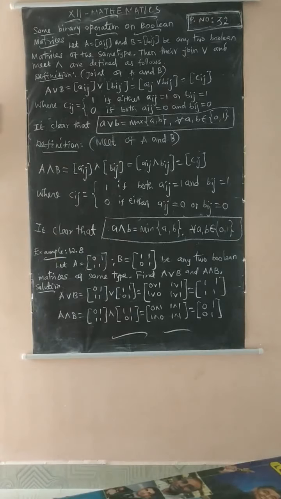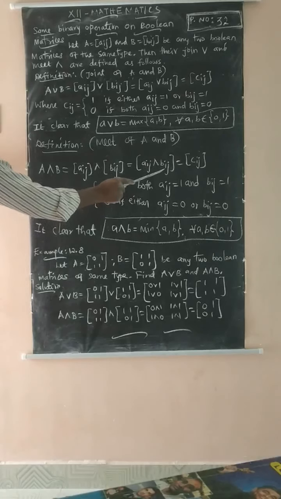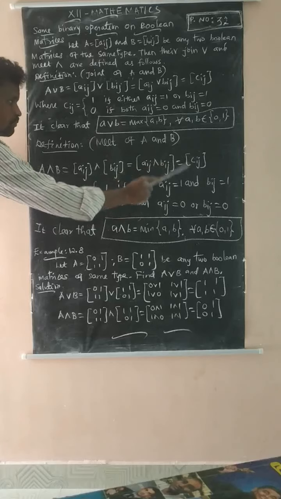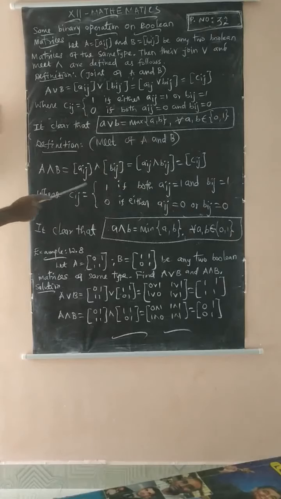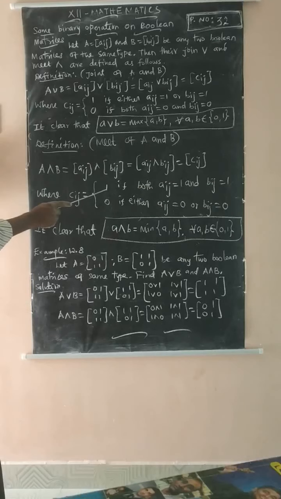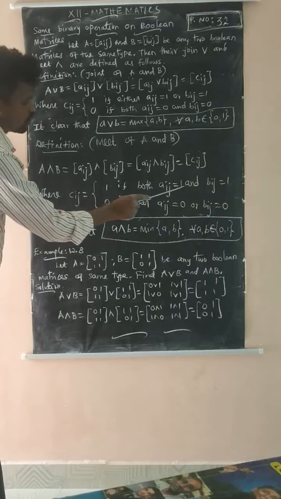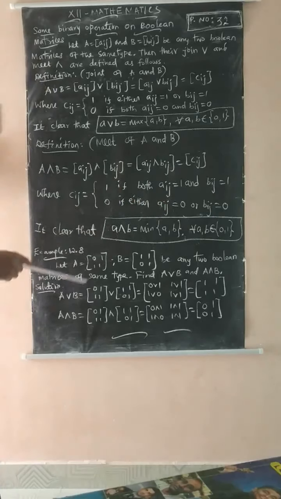Meet of A and B, whose symbol is the ∧ symbol. A meet B is equal to the matrix Aij meet the matrix Bij. The elements are met, and we again get a matrix Cij, where Cij equals 1